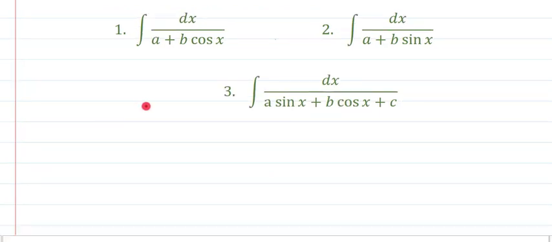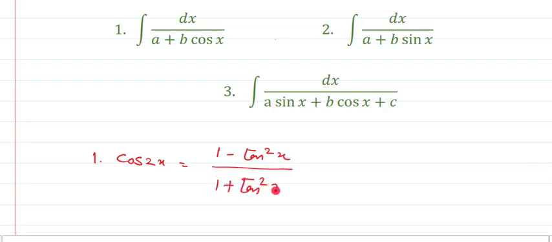In all these 3 functions, we will use a very well-known identity of trigonometry which you have already studied in your 11th class. Let me write this identity for you. This is the identity of cos 2x. You know very well, in the form of tan, we can write it as (1 minus tan square x) upon (1 plus tan square x). And similarly, the identity of sin 2x is 2 tan x upon (1 plus tan square x).